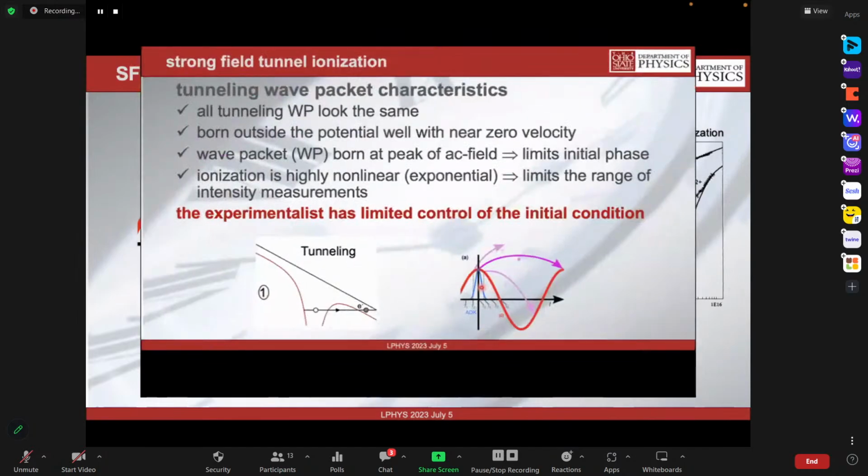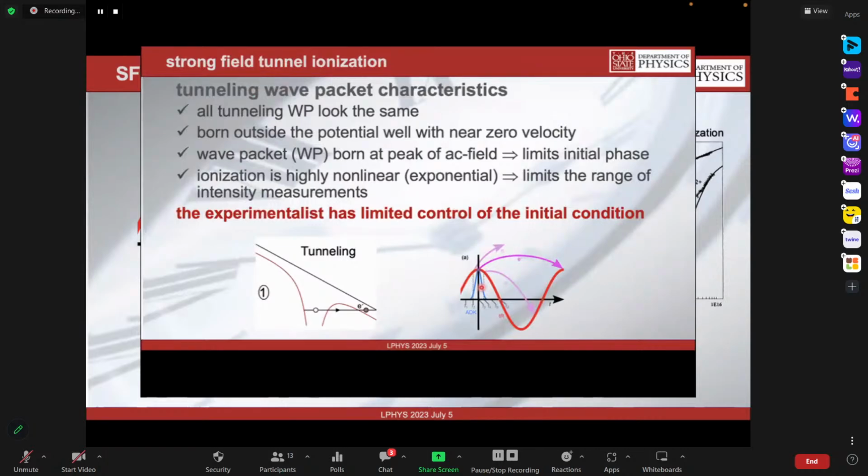So let's examine the characteristics of the tunneled wave packet, since this does define the initial conditions in the strong field. Well, kind of all tunneling wave packets look the same. They get filtered going through the tunneling barrier. They're born outside the potential well, that is on the outer turning point of the Stark potential, and they're born with near zero velocity. The wave packet, again, is peaked at the extreme of the field, so the initial phases